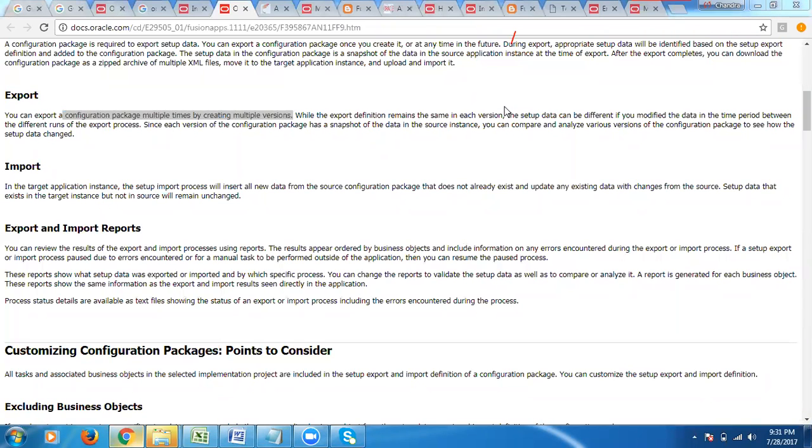In Fusion, we can say three instances. Generally development, testing, and production. We can say three, maybe more than that also. But these three every client will maintain. The same thing you can explain in the interview, saying okay, three, then we have done it. Development, testing, and production. How to import and export the data? Definitely they'll ask you. This is going to be the answer. Just go through it. Configuration package is used there. That will be used.